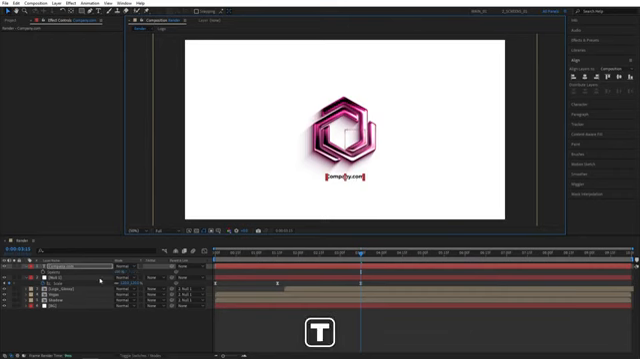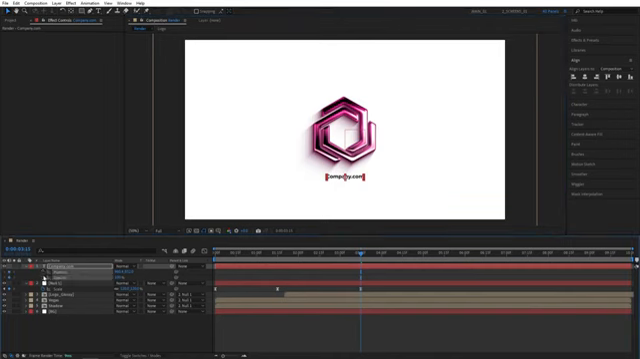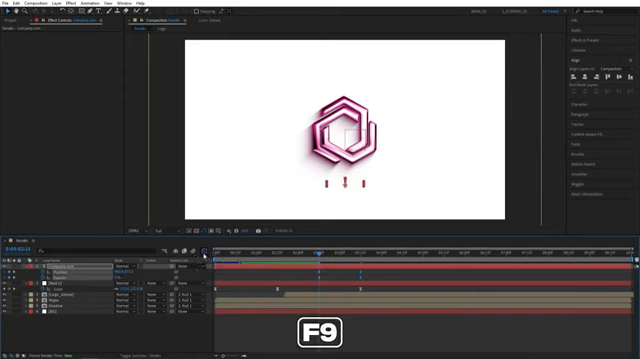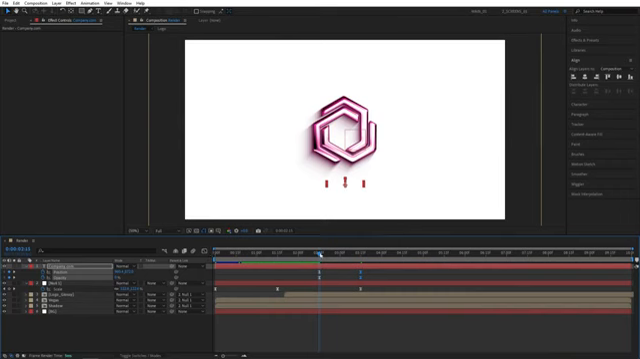Now press T to bring up opacity, hold shift and press P to bring up position, create keyframes for both. Let's move 1 second backwards to 2 seconds 15 frames. I'm going to increase the position, the Y position, to bring the text down, and opacity, set it to 0. Now drag and select all the keyframes, press F9 to easy ease them, go to the graph editor, and select the point to the right, drag its handle all the way to the left, exit the graph editor, and now